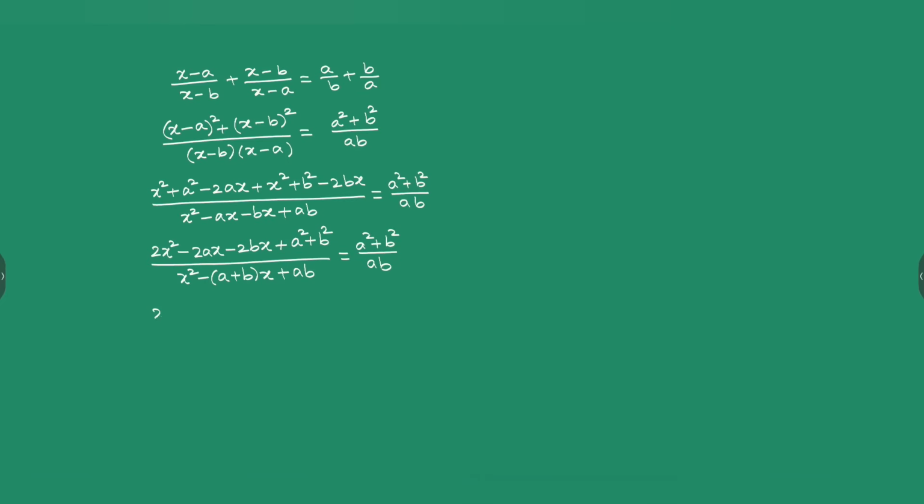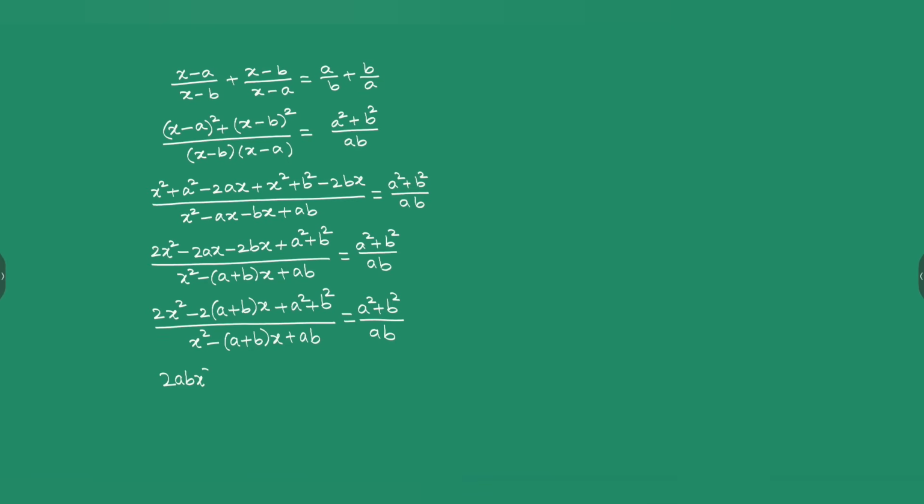Still if you simplify further it is 2x square minus, you can take x common here, minus 2 of a plus b into x plus a square plus b square by x square minus of a plus b into x plus ab is equal to a square plus b square by ab. Now we do cross multiplication. Then if you do cross multiplication we get